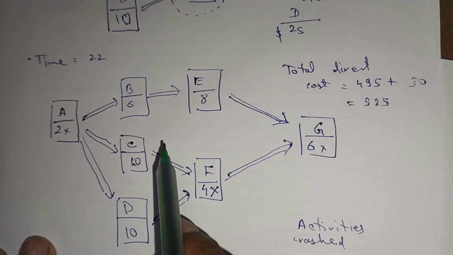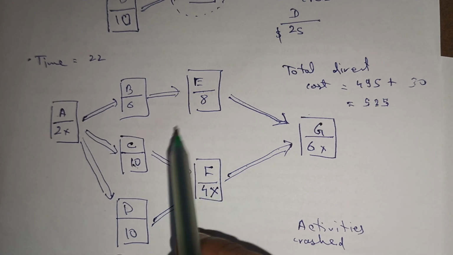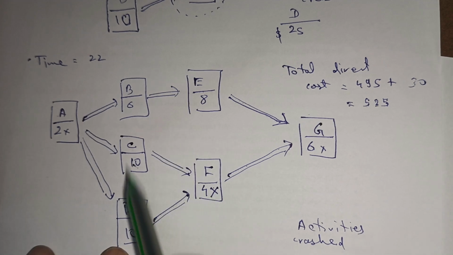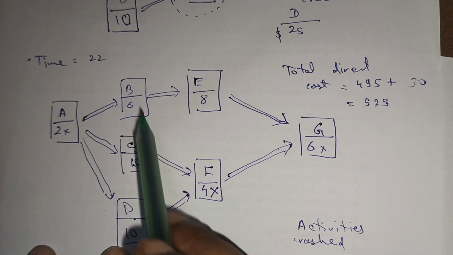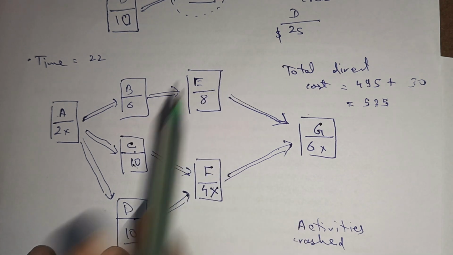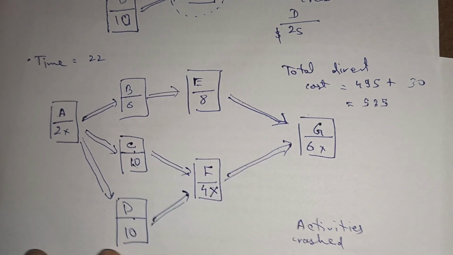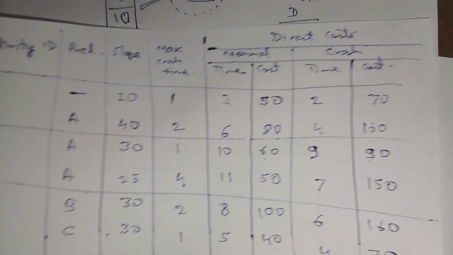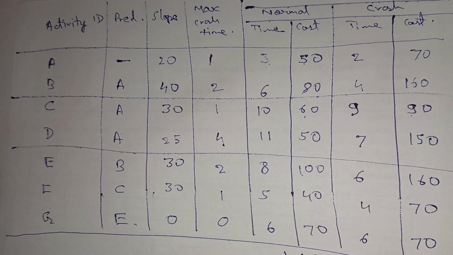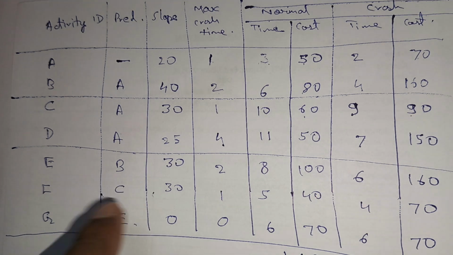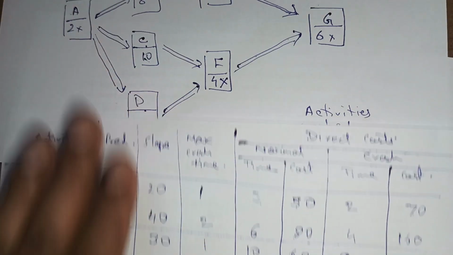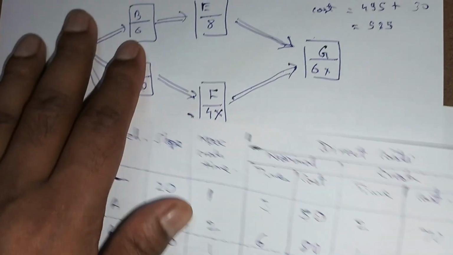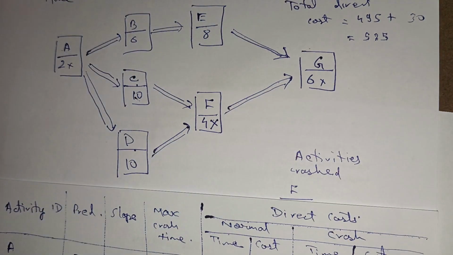Okay, we have to crash D, we have to crash C, and out of B and E something has to be crashed. So again, let's go back to this table. Okay, so what are the activities that we need to check? We have to check for B is for